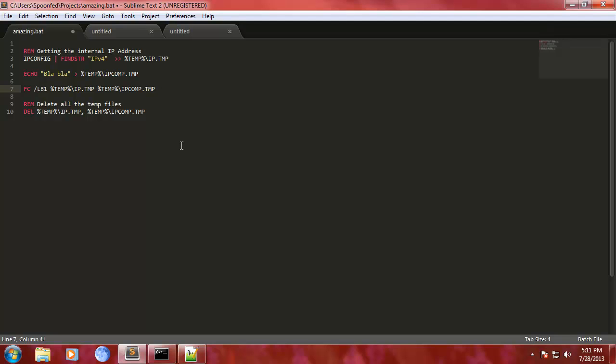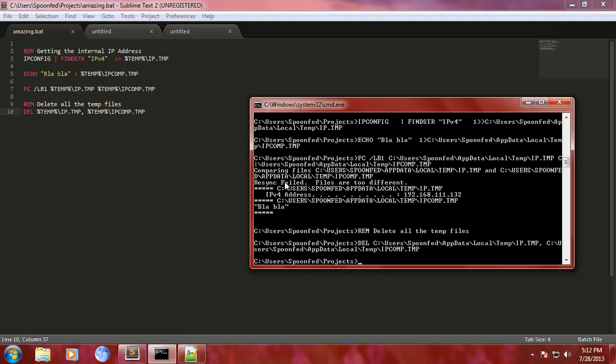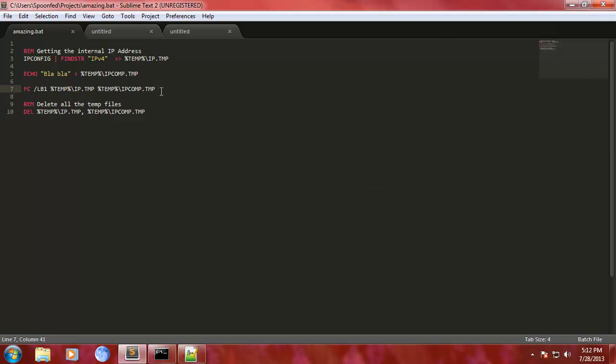And what this one does is, oh, we can show you actually. Save this one, then run this again. So it gives you two lines. Basically, the first line of the IP thing and the IP comp, because it says these lines are not the same. No, that's true. So we can do another find string here, find string,